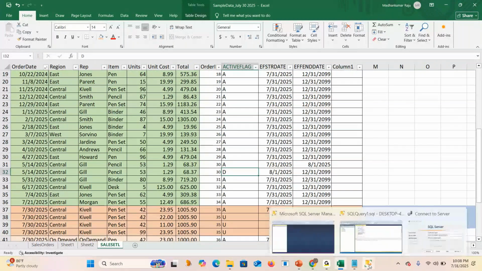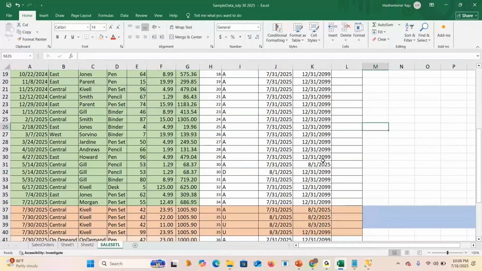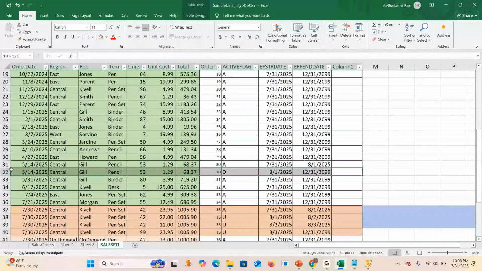Yes, sir. In the target, we are not deleting the original records. In ETL or the system, we don't delete even it. We are not updating it. We are creating another row for that record, and then we recognize it. This is how it happens. Yes, this is how it happens.